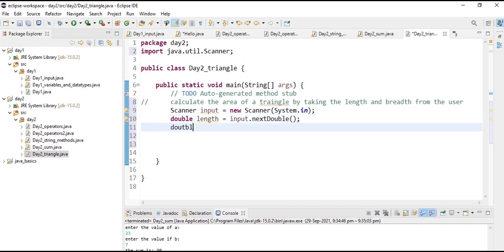And again we are declaring a variable that is breadth.